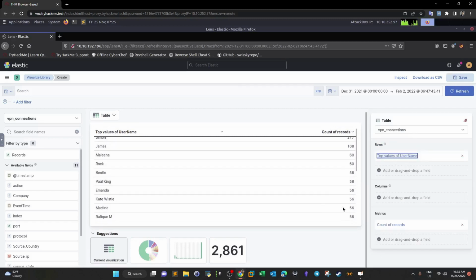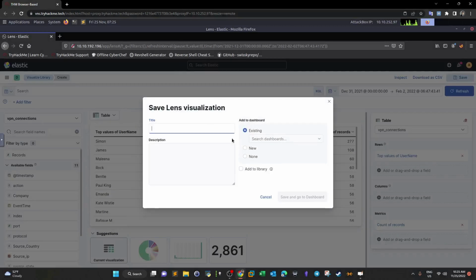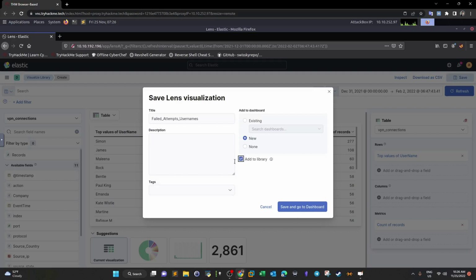Okay, so now I'm going to save this. I'm going to say usernames of failed attempts. So I can save the visualization to an existing dashboard, or I can create a new dashboard. Let's create a new dashboard, save and go to dashboard and add to library, of course. Why do we add to library? Because sometimes we may need to edit or customize the visualization to include more fields so that we can correlate between the data. So save and go to dashboard,